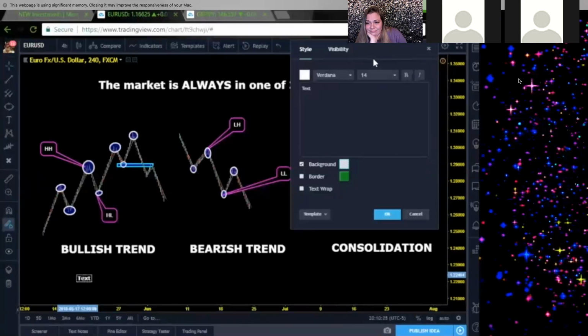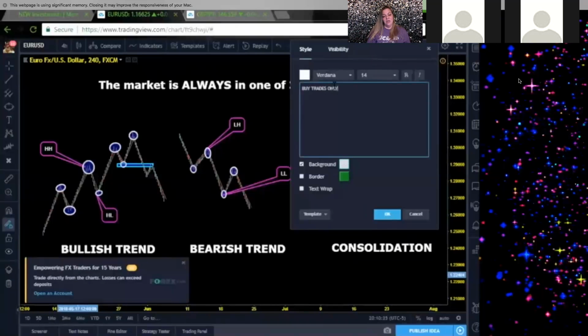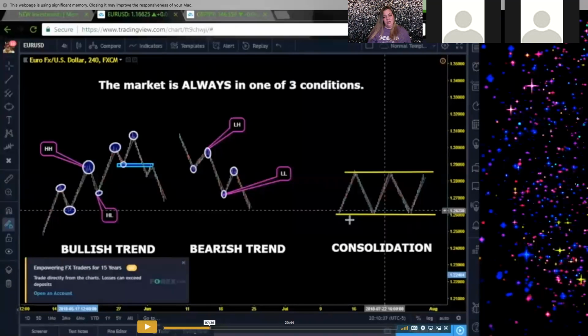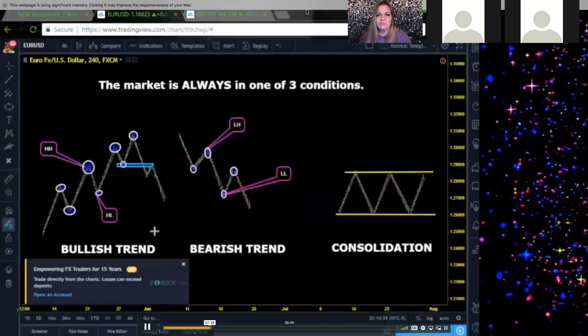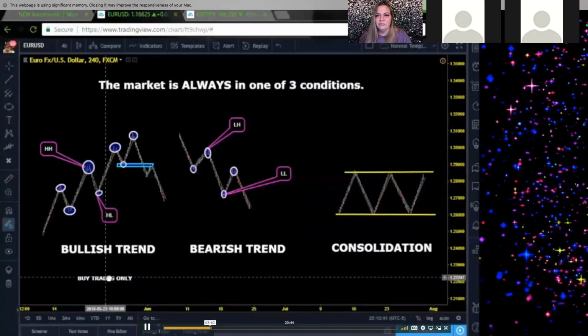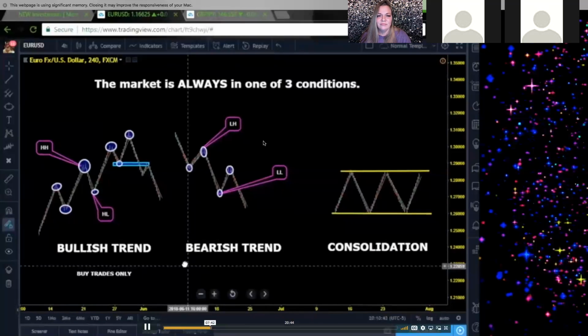Buy trades only, guys. This is going to be a major, major key. And if you can just stick with this, you will see a huge difference in your trading. Buy trades only. And that's how we caught what it was like up to 5,000 pips this morning in New York session. I don't care. We were selling. I will give you guys examples in later webinars of where we can bend this rule slightly, but in general,